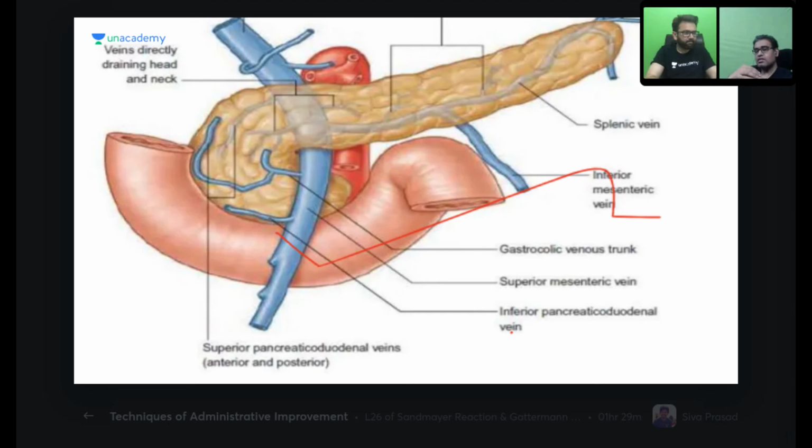So you can see all these veins are actually the tributaries of portal circulation. All these blue colored veins are basically tributaries of portal circulation. But just behind this, you have the posterior abdominal veins, you have the renal veins. All those are going to the IVC, that is the vena cava. So these veins may communicate or anastomose with the posterior abdominal veins, and those are known as veins of Retzius. Remember the retropubic space of Retzius, the same Retzius. So these are known as your portocaval anastomosis, and the posterior abdominal vein.